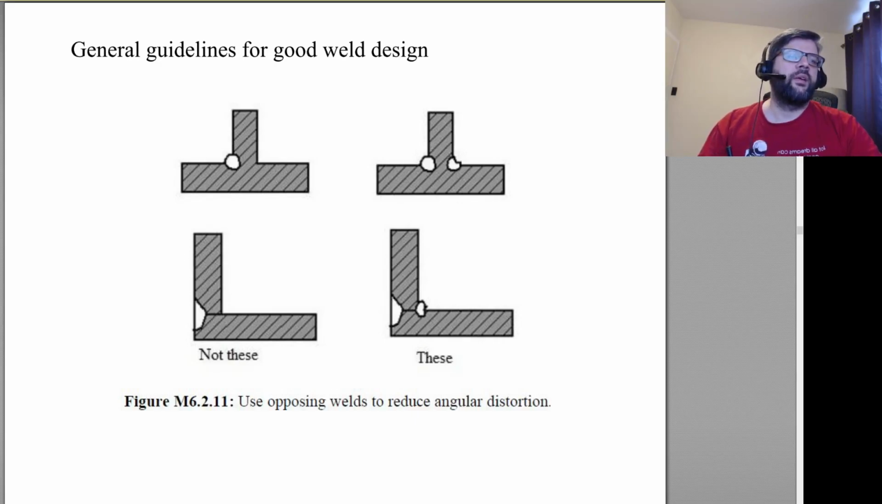The fact that we can use opposing welds on either side of the joint in order to again reduce distortion, because if our joint started out like this, we're going to be laying down a certain bit of metal. It's going to melt, cool, and then it's going to,